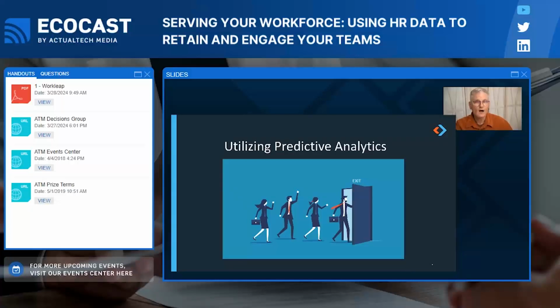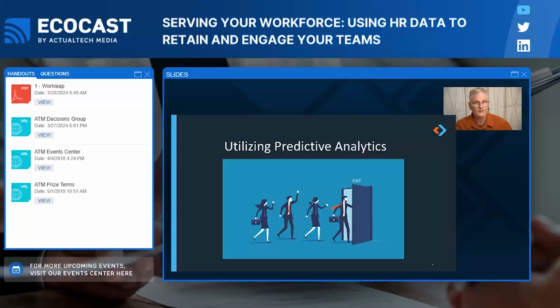So, how likely are your employees to quit, as you can see on the slide here? Or conversely, how likely are they to stay long term? Now, these are essential things to know, and predictive analytics can help you there. That's because using this HR data to forecast things like employee turnover or disengagement enables proactive interventions. By analyzing this historical data on factors like performance, attendance, and tenure, predictive analytics can identify these patterns that are